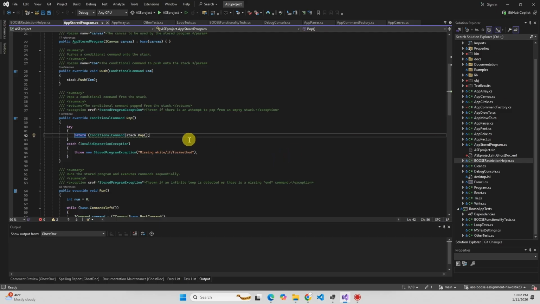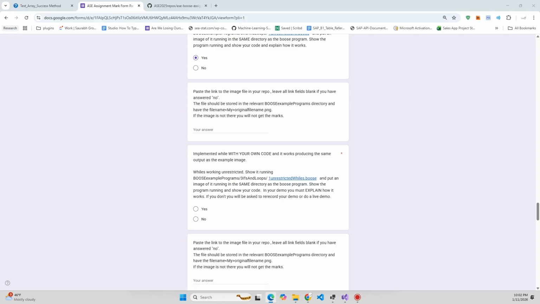While Boost handles all the logic, I have just removed the limits for it. The stack-based execution is managed by stored program here. Run the while